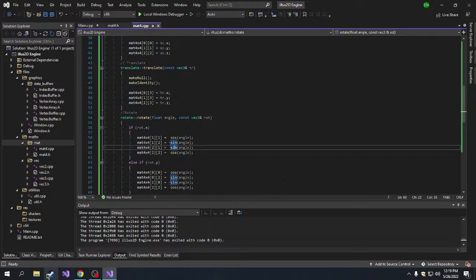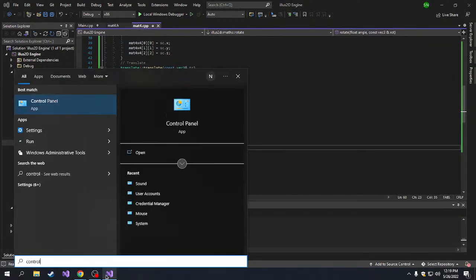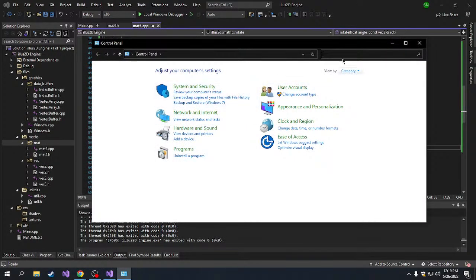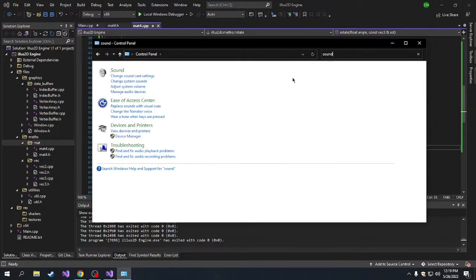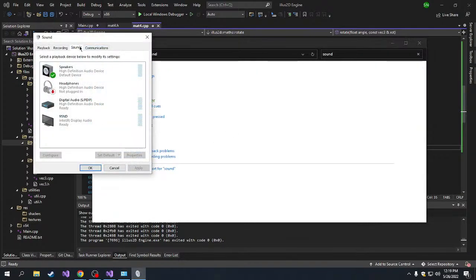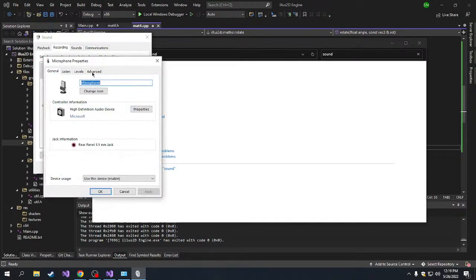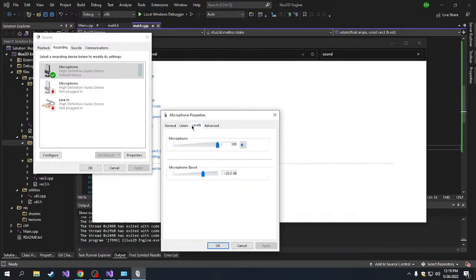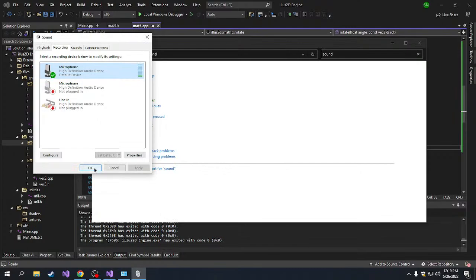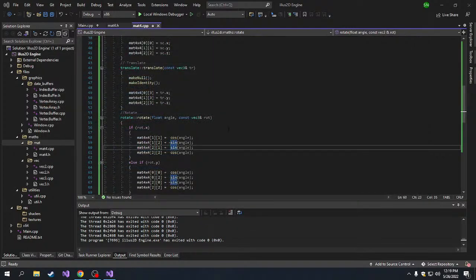Okay, the thing is that the C++ trigonometric functions expect the angles to be in radians. Okay, and since we have